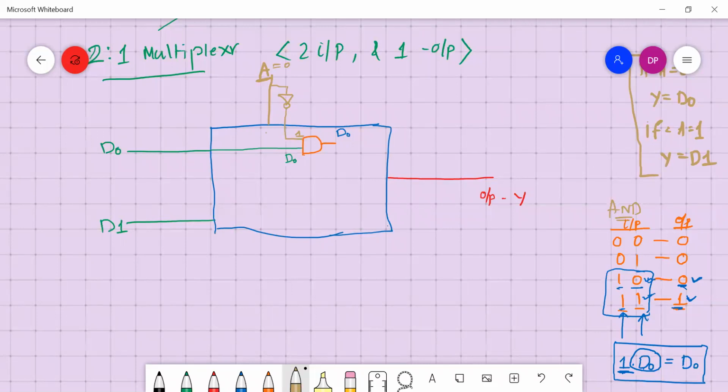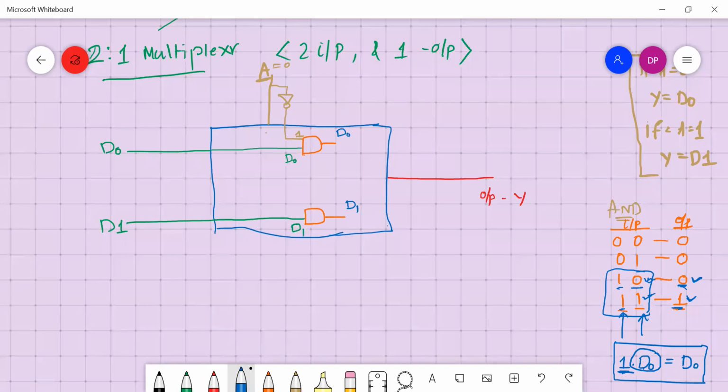Now, how will it help to make the multiplexer? Let's take another AND gate over here, and I connect this. So this is D1. So when will the output be D1?